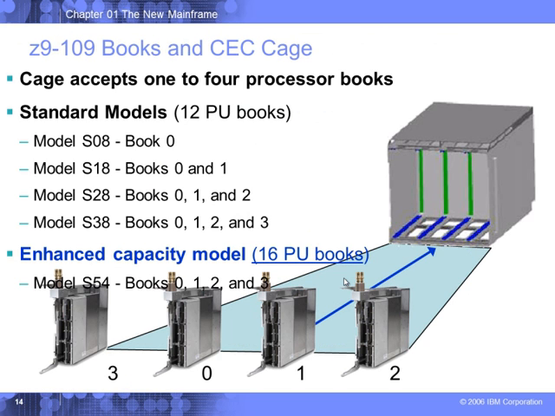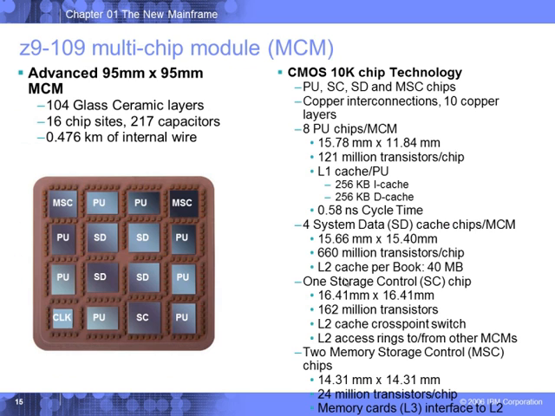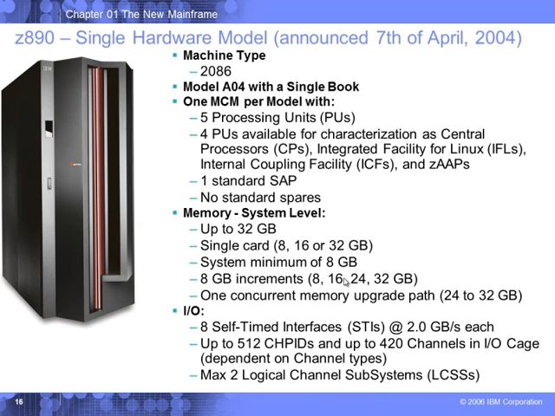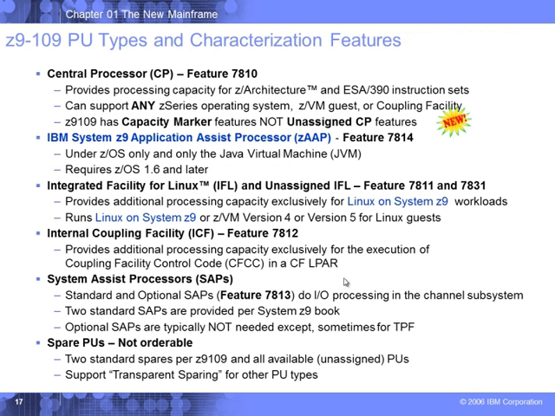Won't talk about books too much because I never take my books out, because you can slide these out. I don't have the guts to do it, so we'll talk about them, but we're not going to actually pull them out. That's not wise. They're very heavy. The chip, very sophisticated chip. We'll talk a little bit more about the chip later. It does a lot of things. This is not an architecture class, so we're not going to talk about the chip a lot. So I think we can skip this slide. It's a little too dense for our purposes.